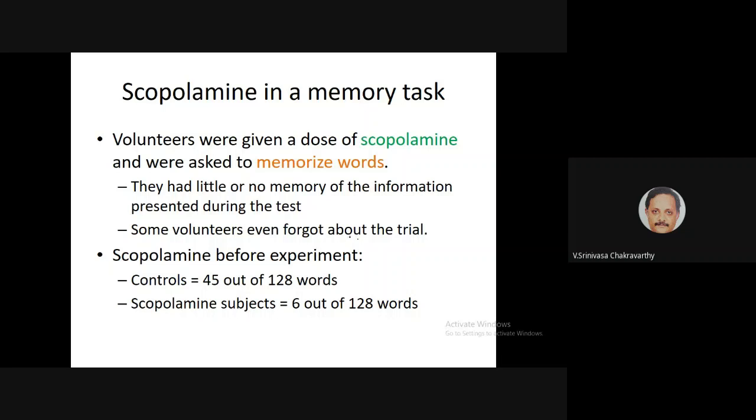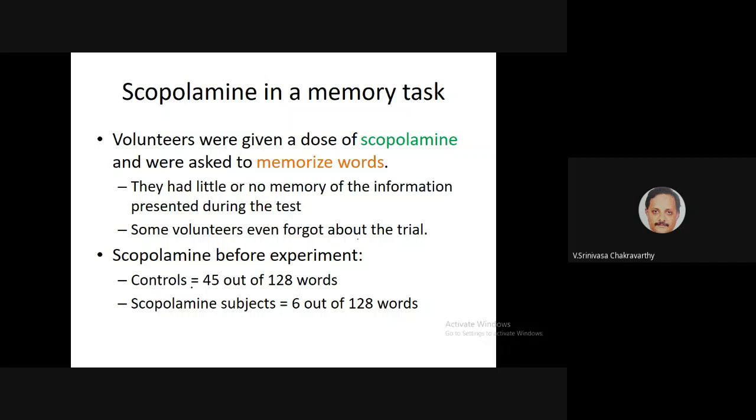And I am not sure, this is my knowledge from watching some of the spy movies. People use scopolamine on spies to make them cough up their secrets and things like that. Anyway,